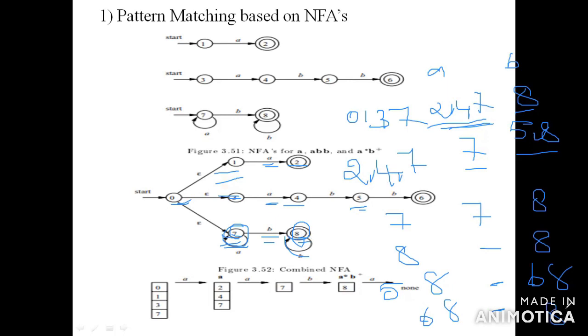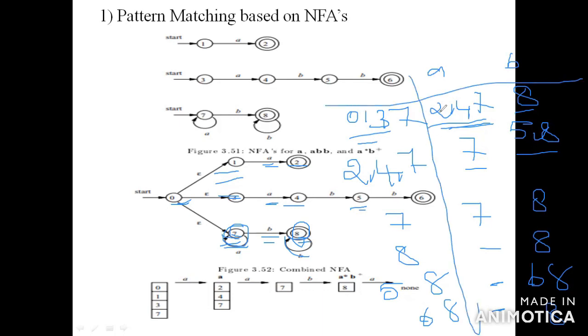So this is for pattern matching, the DFA pattern matching algorithm. Based on the 3 input symbols, you have to draw the individual steps. After that, you have to convert for all the states and merge the diagram. Then out of this diagram, 0, 1, 3, 7 is empty. So this is the new state. For the new state marked as A, you have to calculate for A and B.